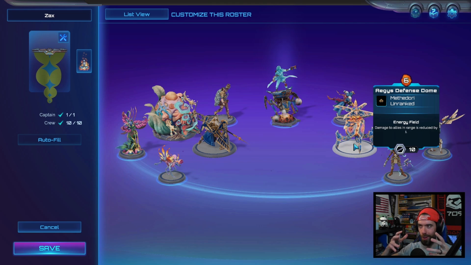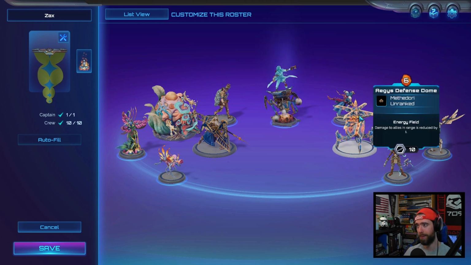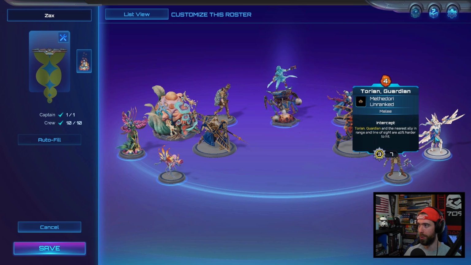This will give all of the units in the area armor, which reduces incoming damage by 1 in a game where attack values are so low. Armor is incredibly valuable, able to cut most damage sources in half. The opponent really has to defeat this before they get into any of our other units, which is also going